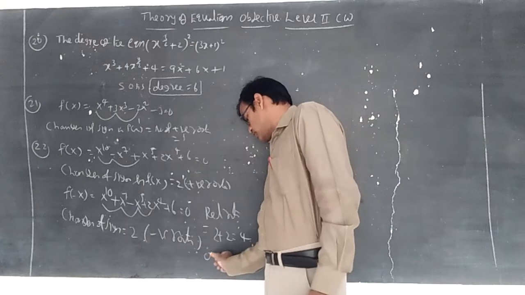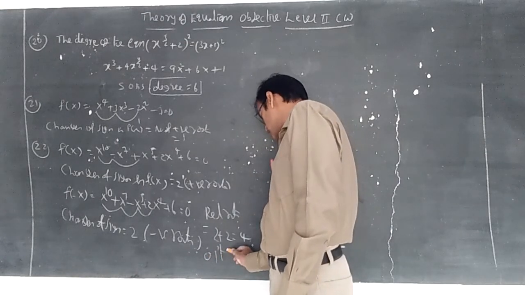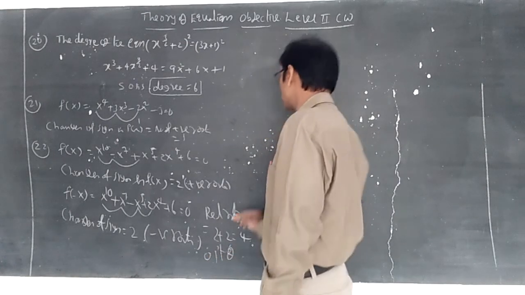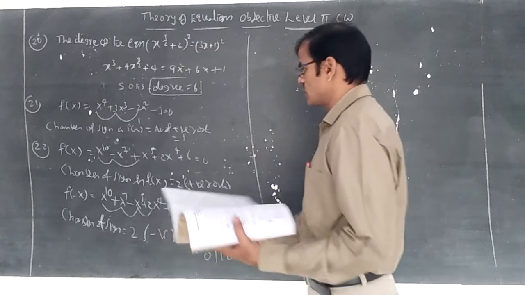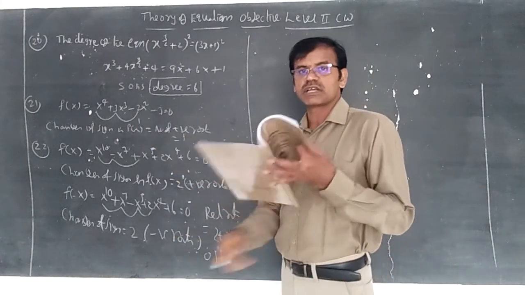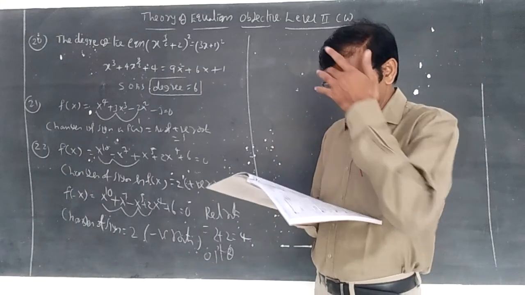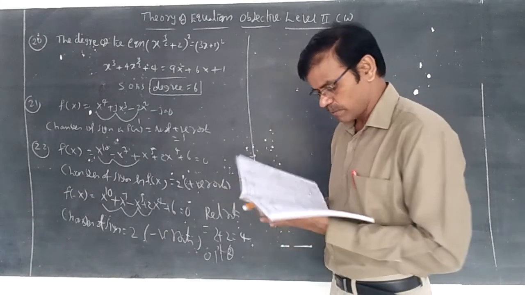So option 2. Whenever the imaginary roots concept is there, then you can write at least 4 imaginary roots or anything. 10 minus 4 becomes 6, at least 6 imaginary roots is the answer, and at most 4 imaginary roots.